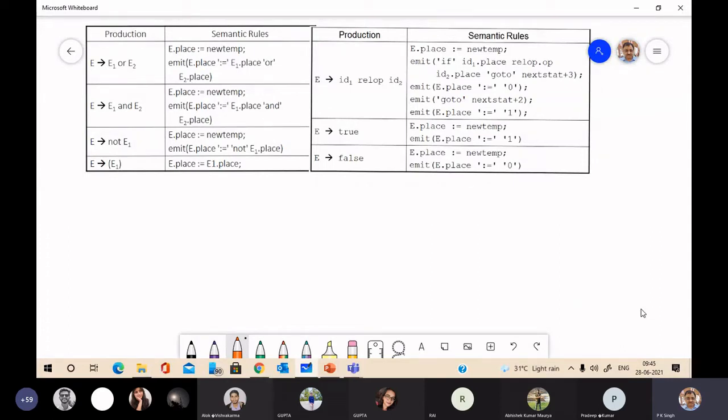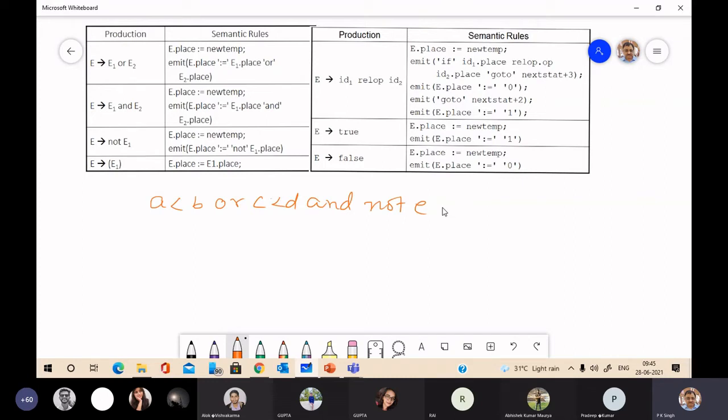Suppose your compound conditional expression is like this. A is less than B, or C is less than D, and not E. Okay, this is an expression.